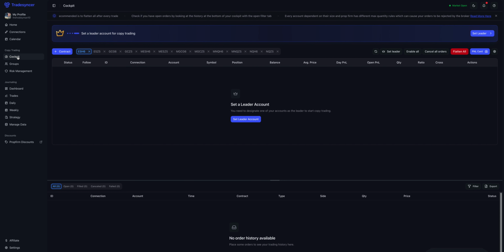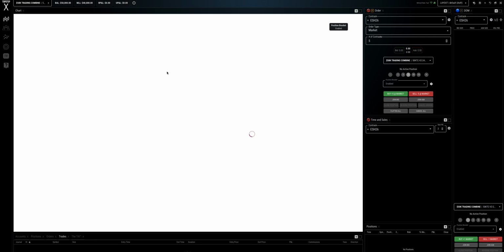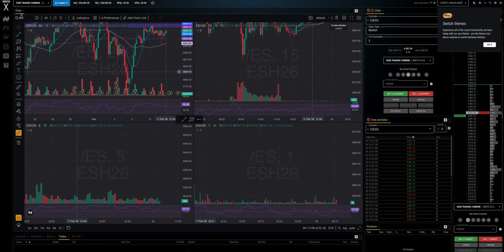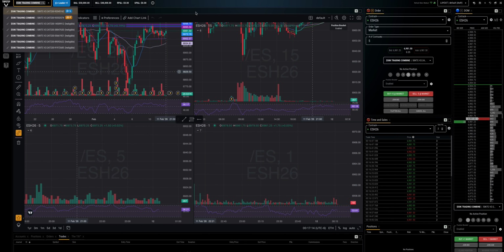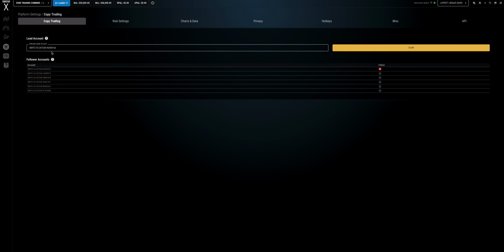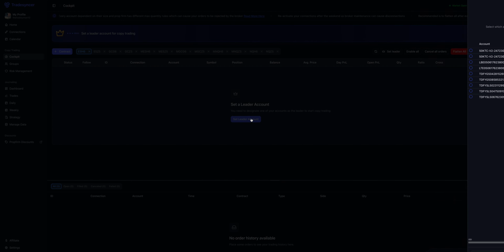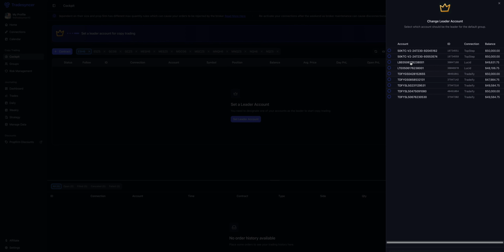So now you go to cockpit and now the leader, I like to use Top Step actually. So I'm going to use this 162, and on this Top Step I'm actually copying as well. So I'm copying this 162 with this 574. So what I'm going to do is I'll set the leader as this Top Step 162,